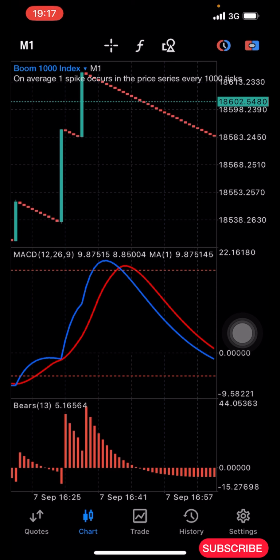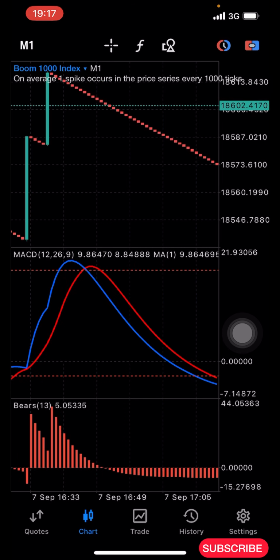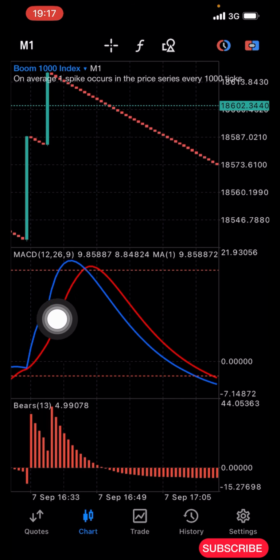So once there's a spike in the market, you want to look for opportunities so that you can scalp the market. Okay, this is a scalping strategy. Once there's a spike, you want to watch out for this blue and red indicator here. Once they get to the oversold level, the overbought level, once they get to the overbought level,